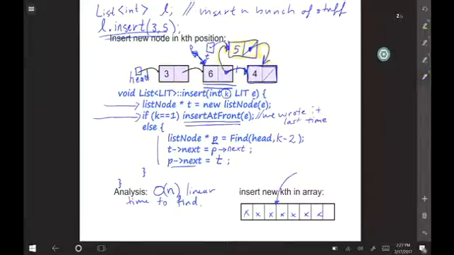It means get that one out of the way, and get that one out of the way, and that one, and that one, and then you can enter the value you want. Okay? So this one is also big O of n, but this time we describe it as big O of n to shift the data. Any question about that? So both of them are big O of n, but for different reasons. Any question?